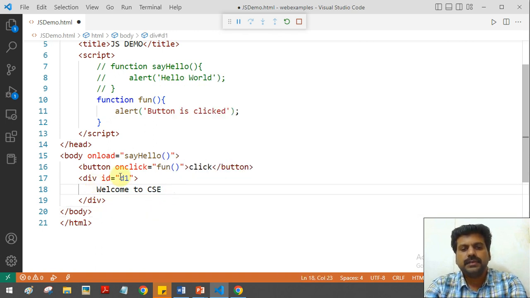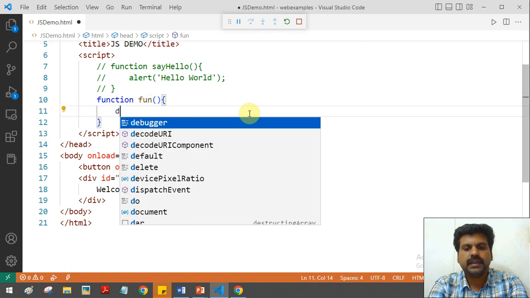If I want to change this content, when I click this button, I want to modify this content. So when I click the button, it will call the font function. So here instead of this alert message, we can use